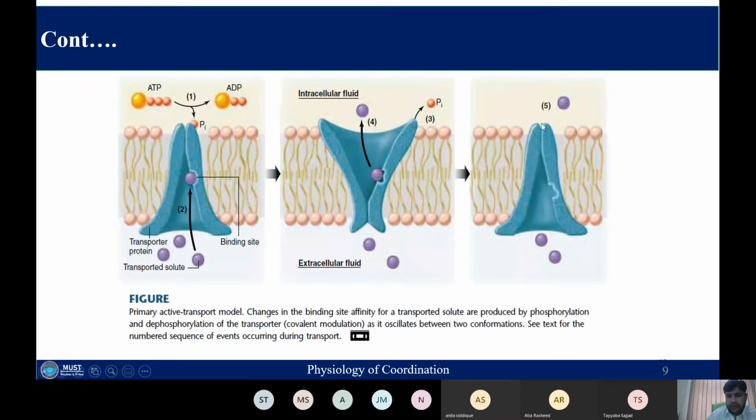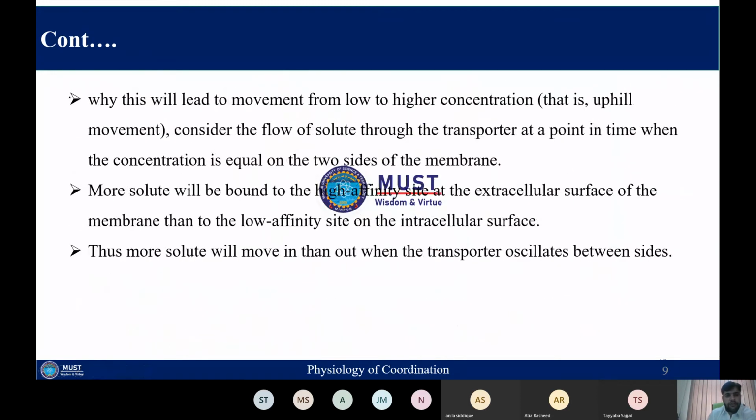As you can see in this example, once the transported solute has been transported towards the intracellular side, again the shape of this transporter protein will be changed, and these repeated changes will facilitate the movement of further molecules to the intracellular side of the cell. So this will lead to movement from lower to higher concentration. It means there will be uphill movement and flow of the solute. It will continue until the solute concentration on the two sides of the membrane is equal,